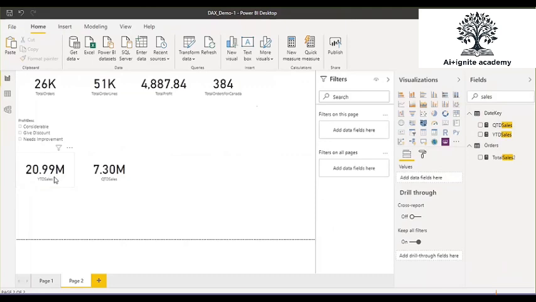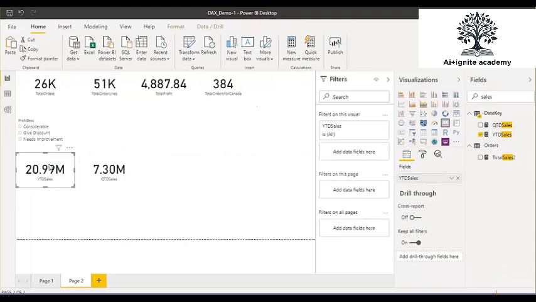This is for the current year. If you want to calculate YTD sales for the last year, for the previous year, then for that you have to use another function, that is same period last year. So you have this YTD sales, so the date range is already there. This calculation already contains the date range. Now you just want to evaluate this calculation for 1 year before, for 1 year back. To do this time travel for 1 year back, we have to use the same period last year. It means the period is the same, but for the last year.